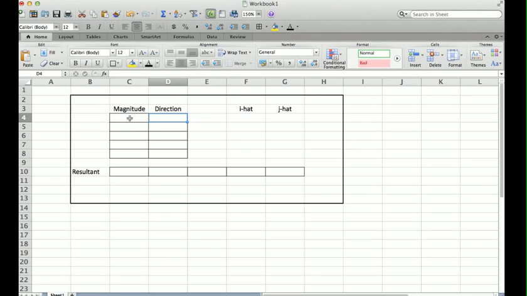Make it look better. Okay. So a user will be able to put in some vectors here. So we'll say 30 newtons at 30 degrees, and 45 newtons or meters or whatever. It doesn't matter. This can be units. Magnitude can just be in units. At a direction of 120,